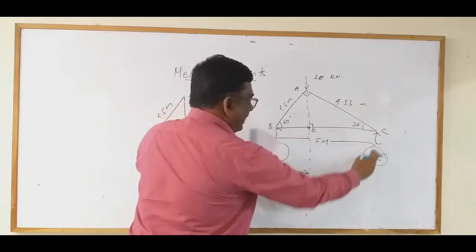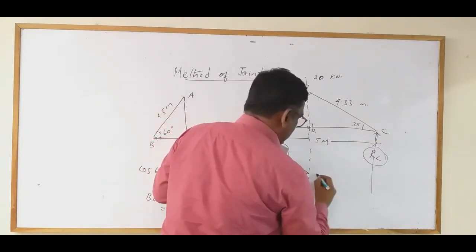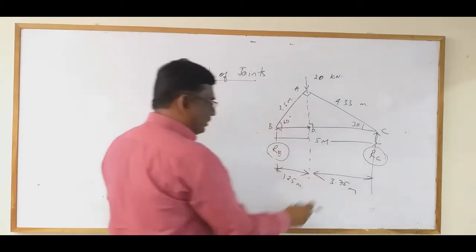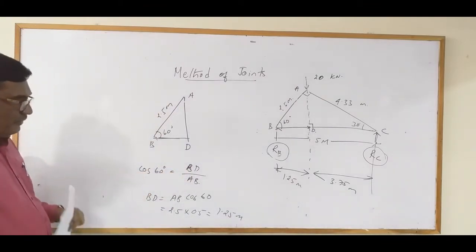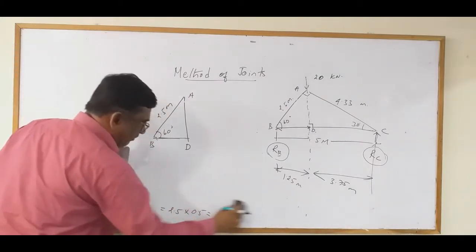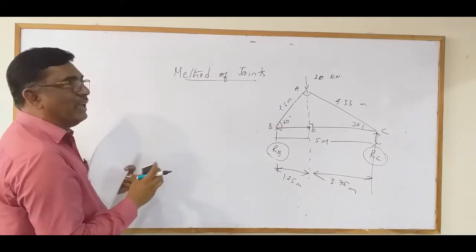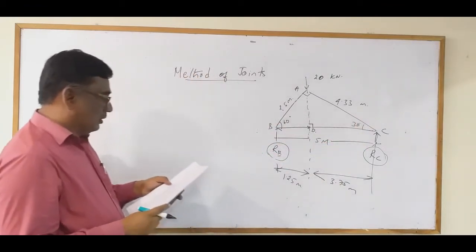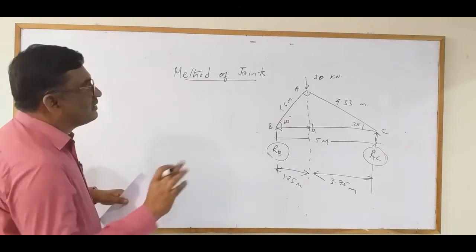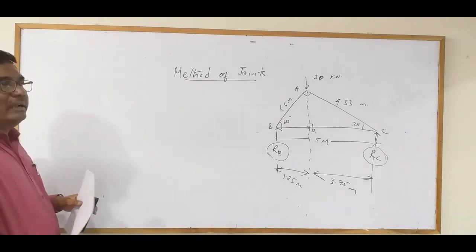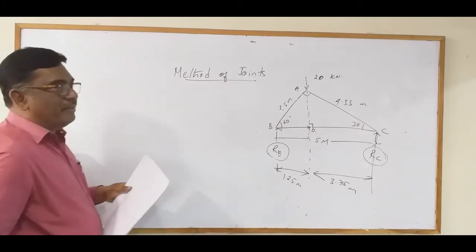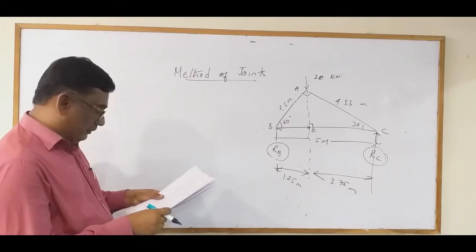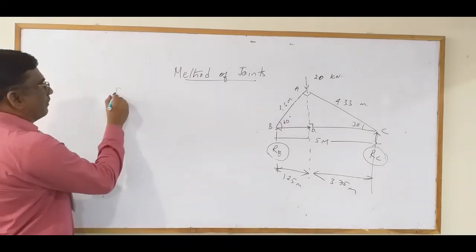This is totally 5 meter. So this distance is 5 minus 1.25, which is 3.75 meter. So with this we have calculated the length of the members and the distance between the line of action of the first 20 kilonewton force and the support points. So the first step is over. The first step is finding out the geometrical sizes, drawing the figures of the problem given. Now draw the free body diagram.